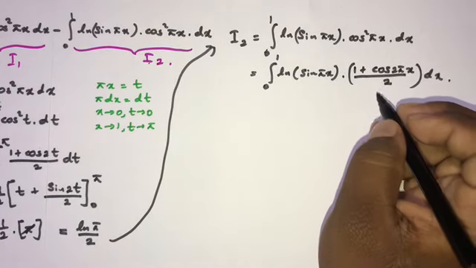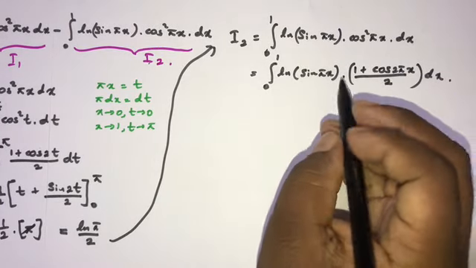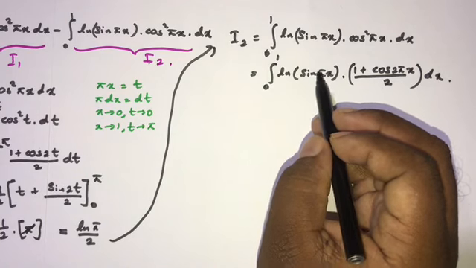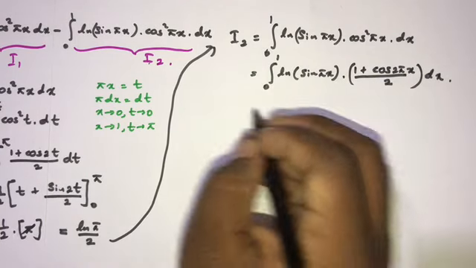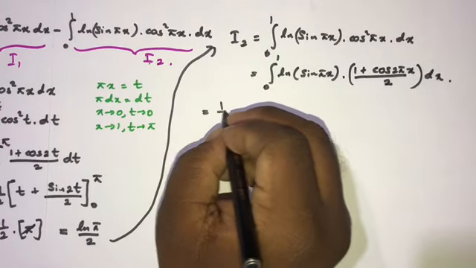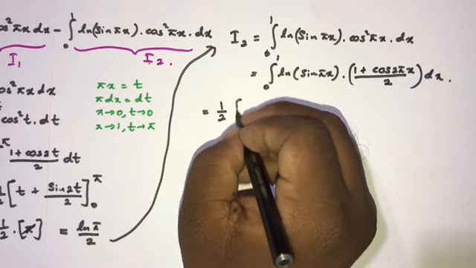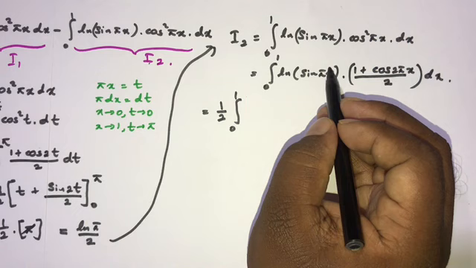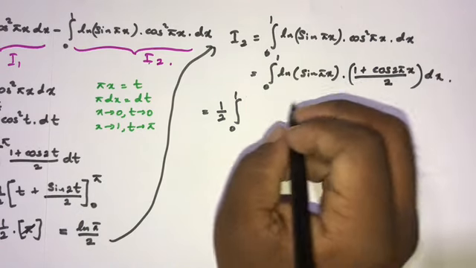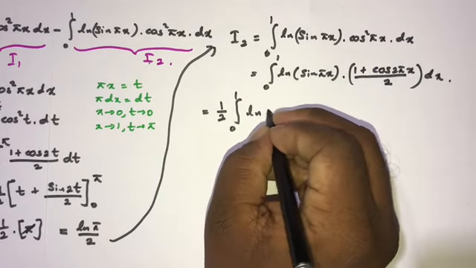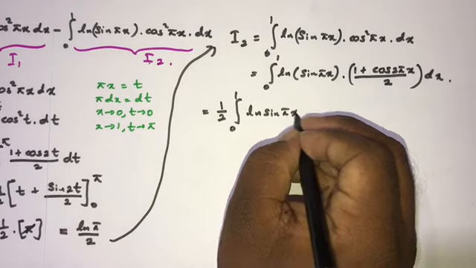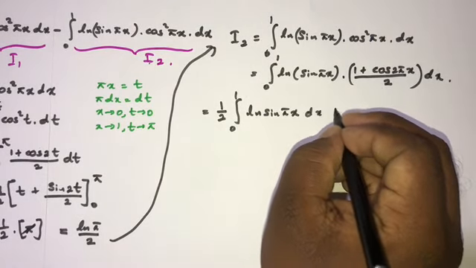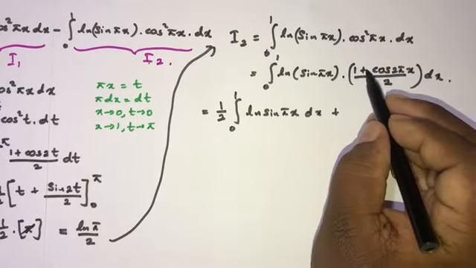Now 2 is a common factor, and we multiply by natural log of sine of pi x, so we can write 1 over 2, the integral from 0 to 1 of natural log of sine of pi x times 1, so natural log of sine of pi x dx, then plus